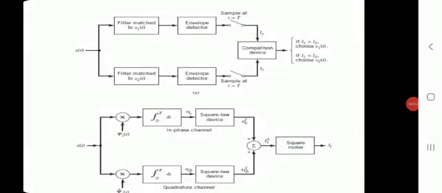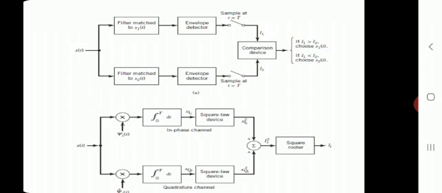In today's class, we'll discuss a generalized binary receiver for a non-coherent orthogonal modulation and a quadrature receiver equivalent to either one of the two matched filters with index i equal to 1 and 2. A brief introduction of this will do, and the derivation part is not included according to the syllabus, but we'll discuss what they have given in the textbook.